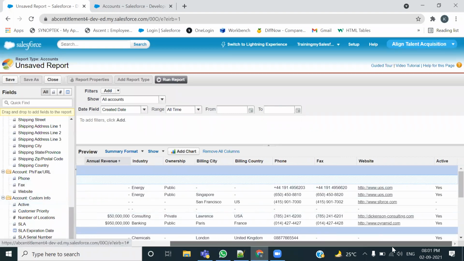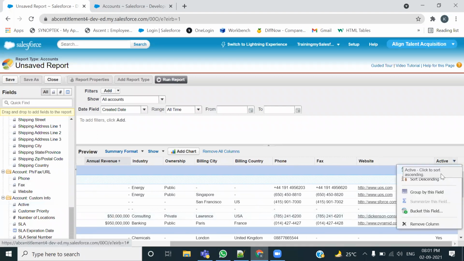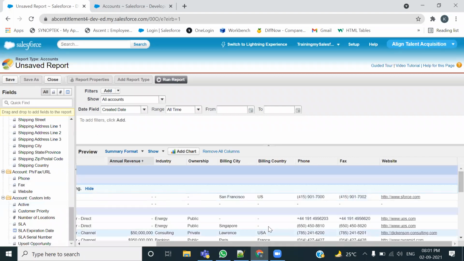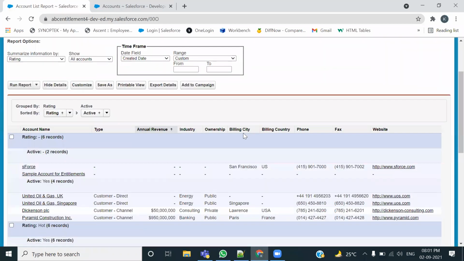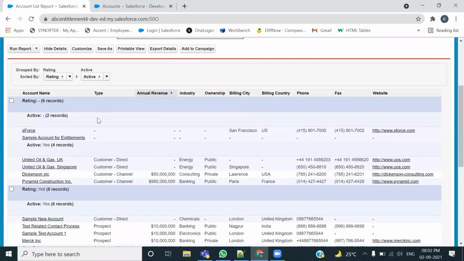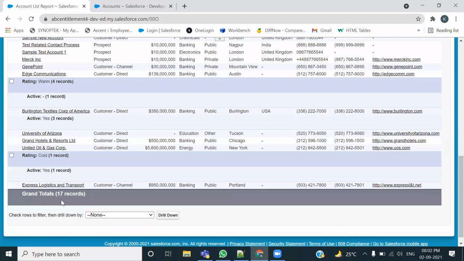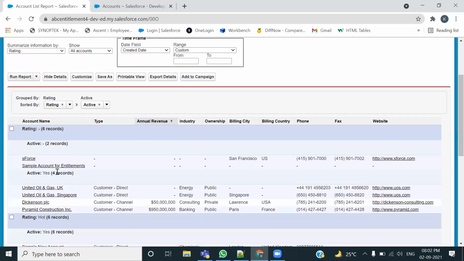ठीक है, एक और मैं यहाँ पे क्राइटेरिया इंसर्ट करता हूँ, ग्रुप बाय दिस, ठीक है। अब मैं इस रिपोर्ट को रन करता हूँ, आप देखिए अब यहाँ पे दो क्राइटेरियाज हैं, दो तरह के ग्रुप हैं। सबसे पहले ये 17 रिकॉर्ड्स में से वो रिकॉर्ड्स जिनकी रेटिंग क्या है, पहली चीज रेटिंग है ब्लैंक और एक्टिव स्टेटस है ब्लैंक, ऐसे हैं दो रिकॉर्ड। रेटिंग है ब्लैंक और एक्टिव स्टेटस है यस, ऐसे हैं चार रिकॉर्ड।